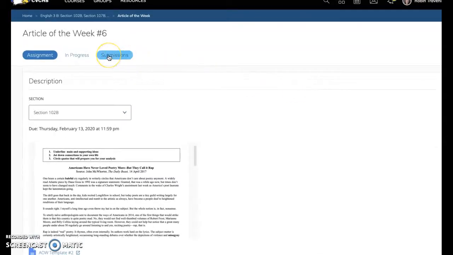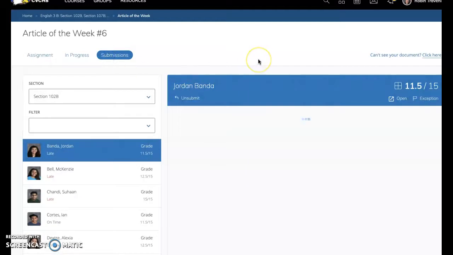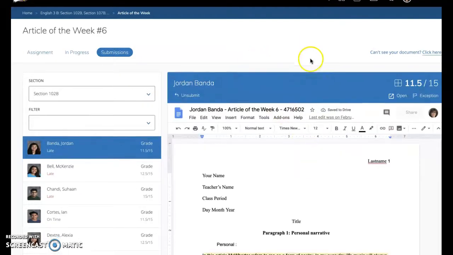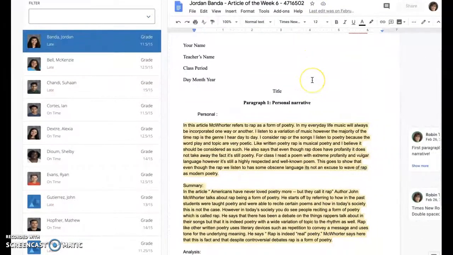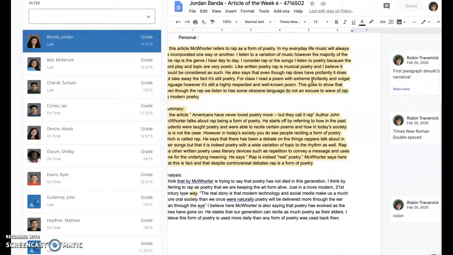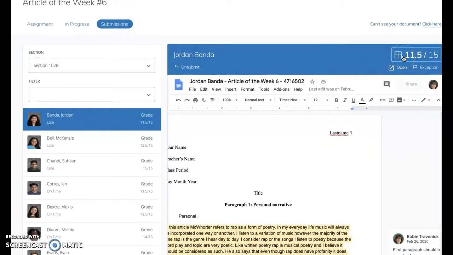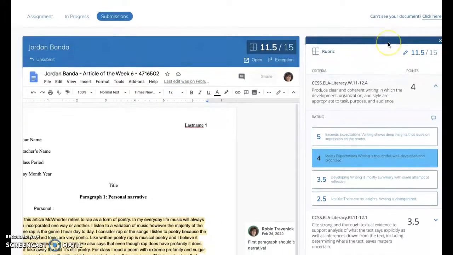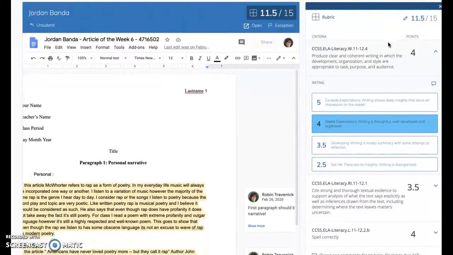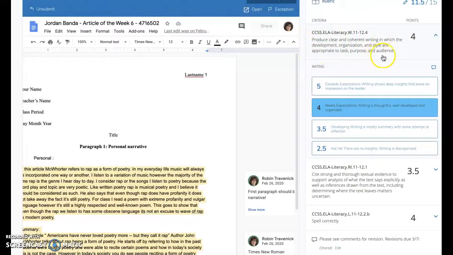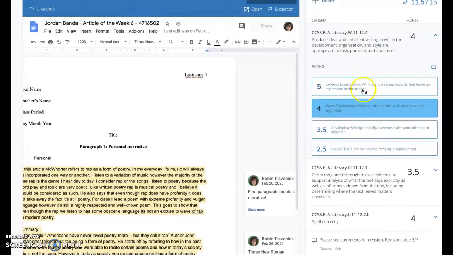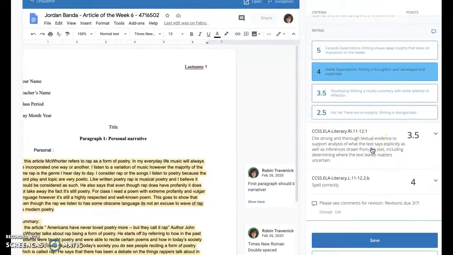So let's take a look at what happens when they've completed the assignment. So when I click on here to grade, the first thing I see is their paper, which I can read and take notes on. And then when I go to grade it, when I click on it, I have the rubric. This is the rubric that they saw on the front page. So, for example, here's my standard clear and coherent writing, and I have various points that I can give them. And after I've read it, I can decide which one of these it fits into. And I simply click through